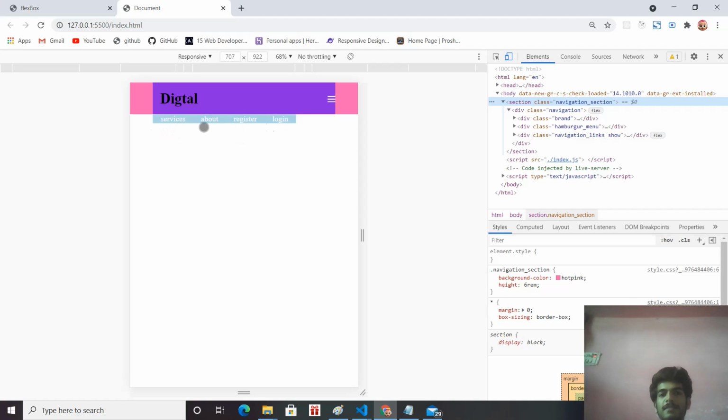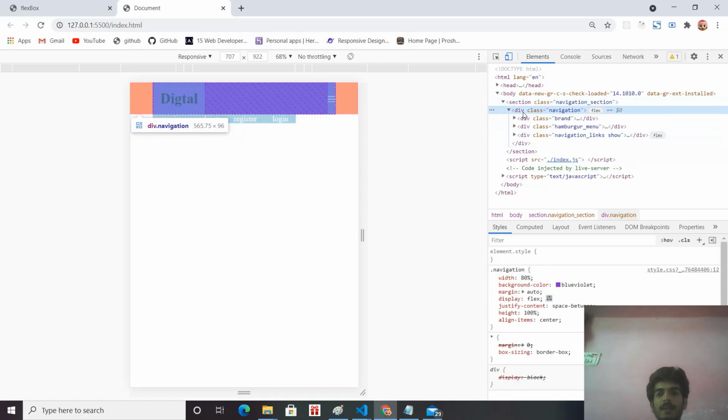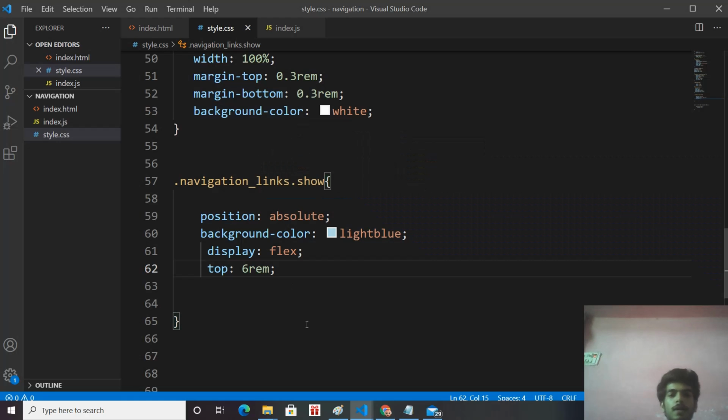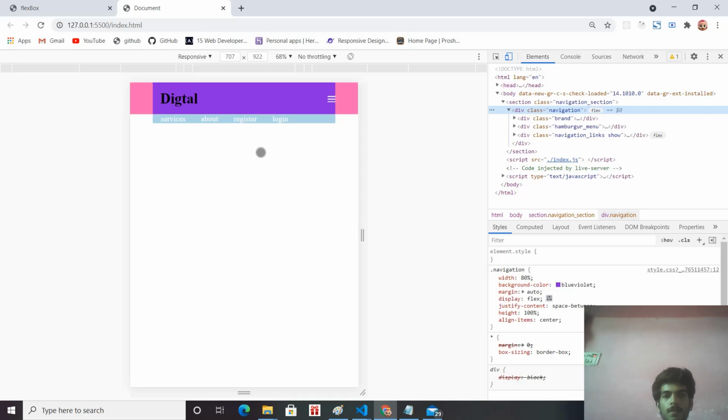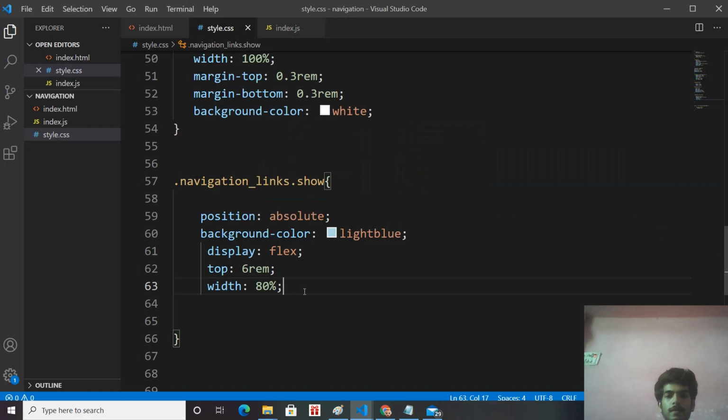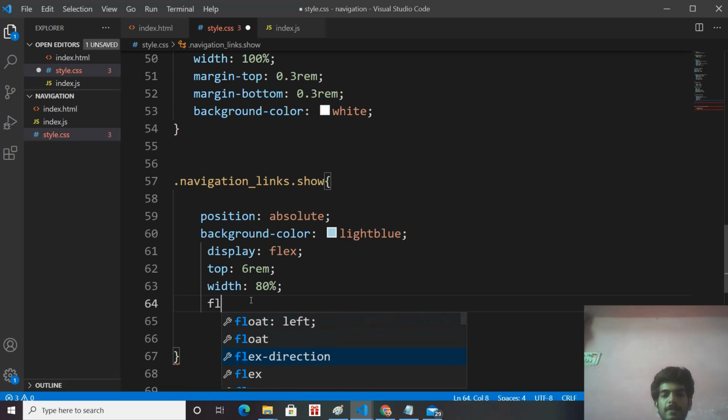But it has less width. So how much width should our navigation link cover? Our navigation link should cover 80% of width, the same as we have given 80% width in the navigation. So this should also cover 80% width. And flex direction column.